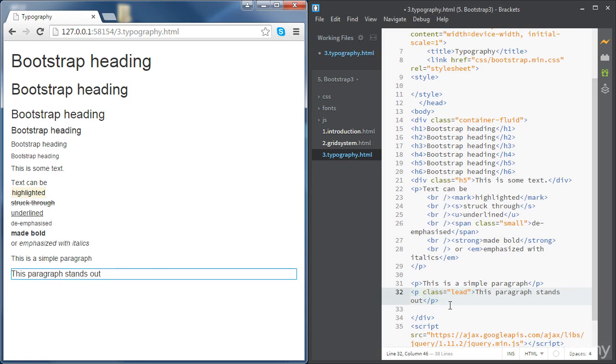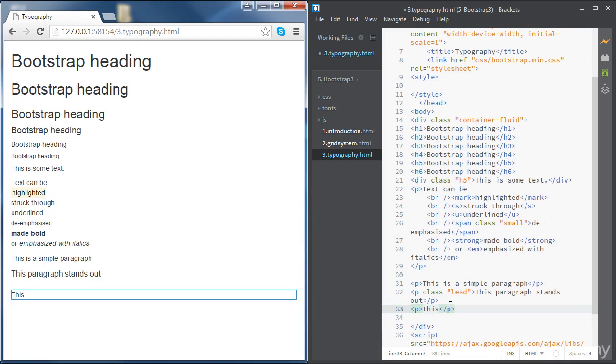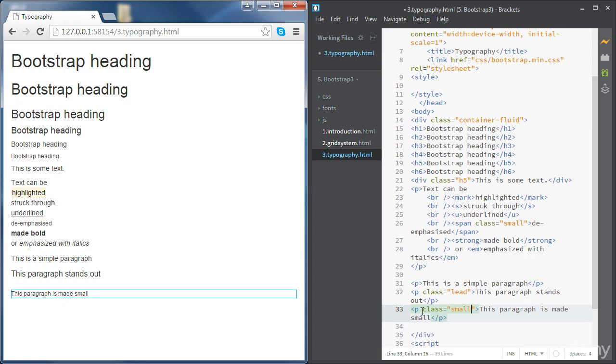Also, we can make a certain paragraph smaller. So this paragraph is made small, and you can use the class small,